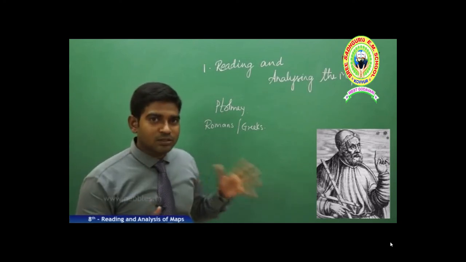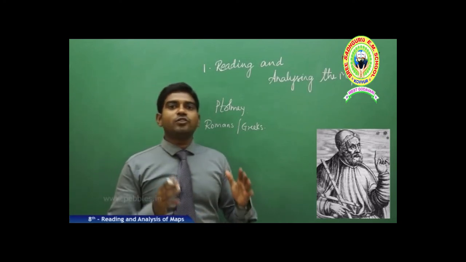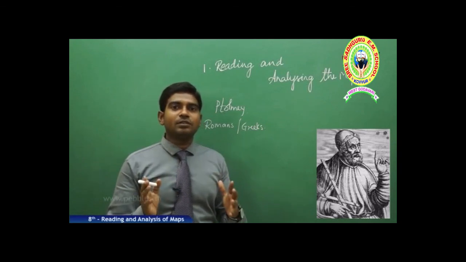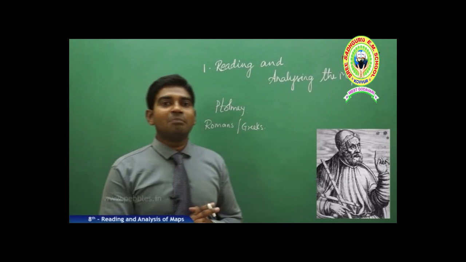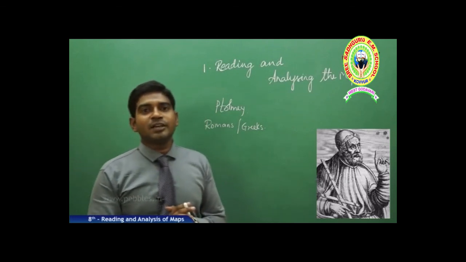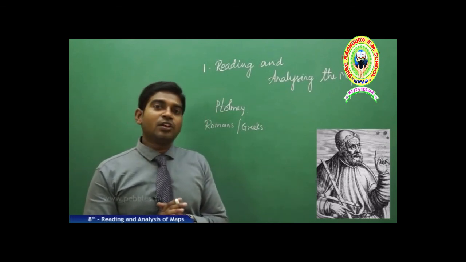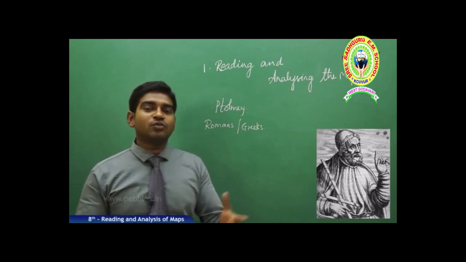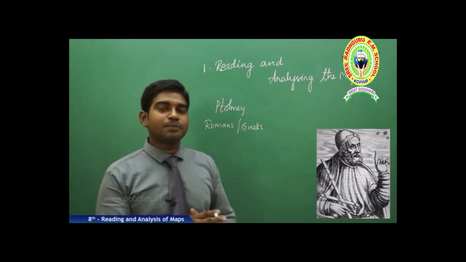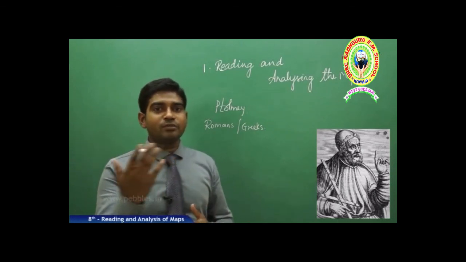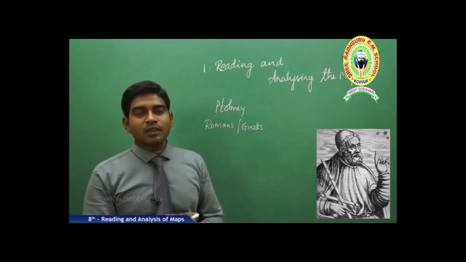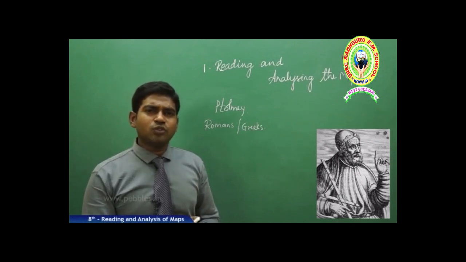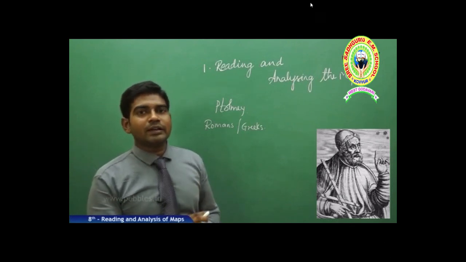The Romans tried to maintain the maps according to the information provided to them by the sailors. At the same time, the Greeks tried to maintain the maps in order to expand their kingdoms, for the king's purpose. But moving into the actual reality,